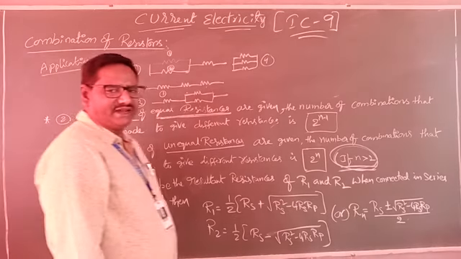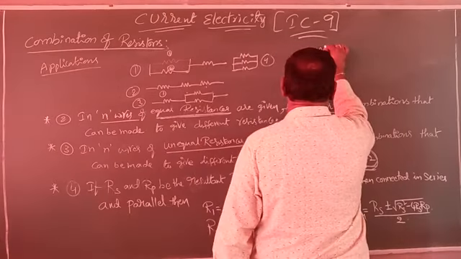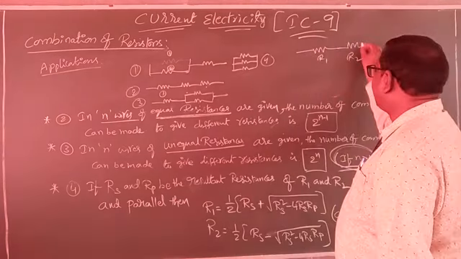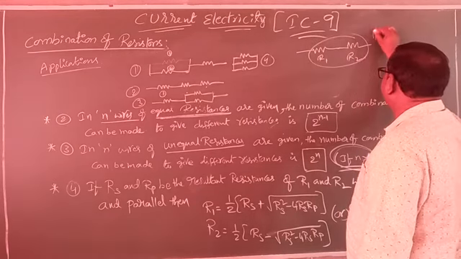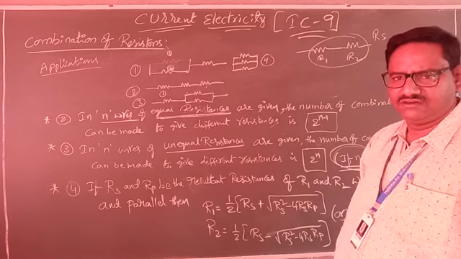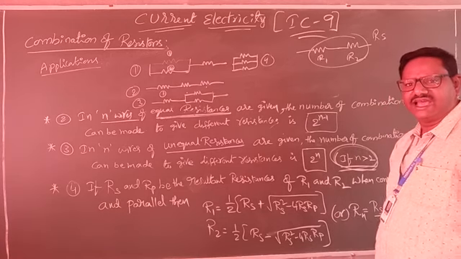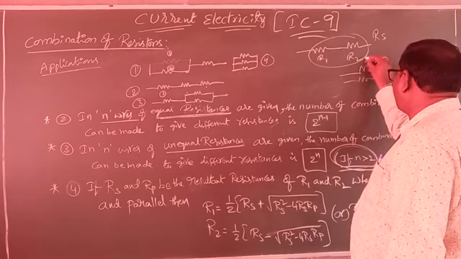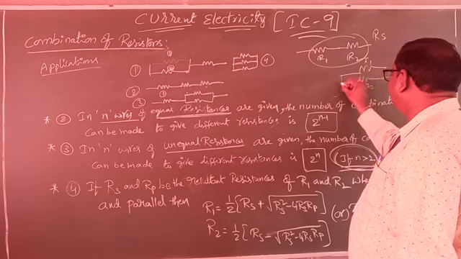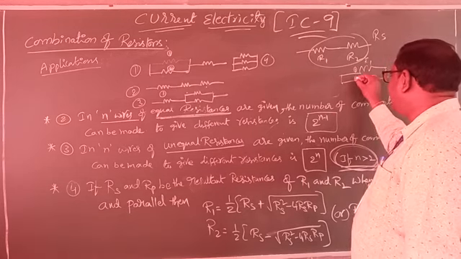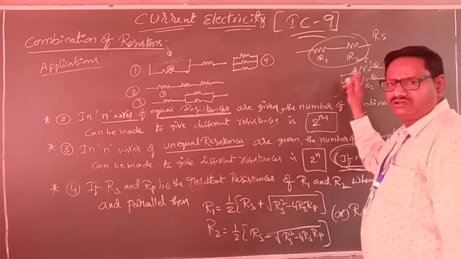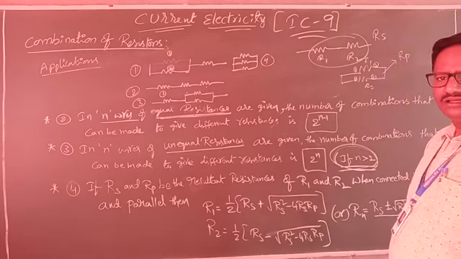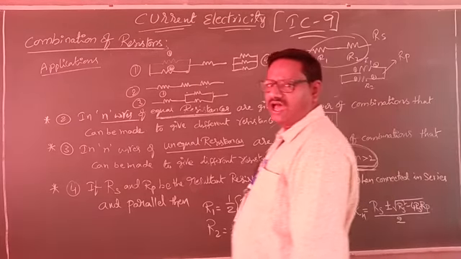Now, I have 2 wires, with this resistance as R1 and this resistance as R2. Now I connect them in series. Then I will treat the equivalent resistance as Rs. Now one more combination: R1 and R2 connected in parallel, first end, second end. Clear? Now this combination is parallel, and I treat the equivalent resistance as Rp.